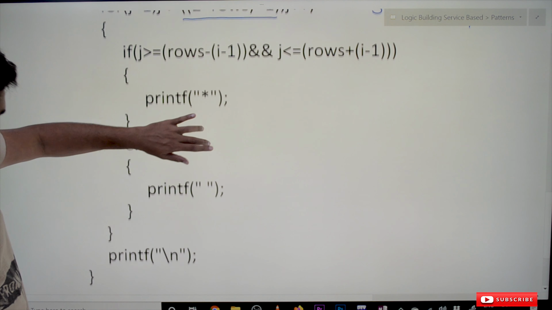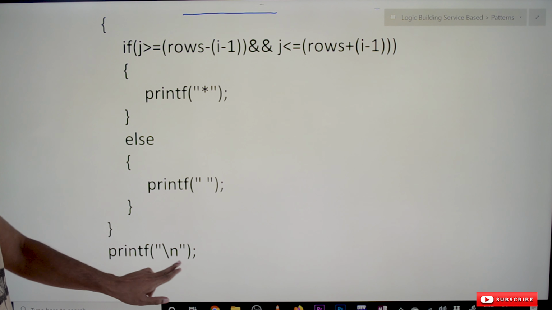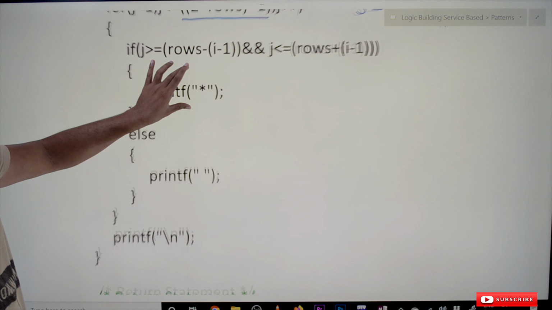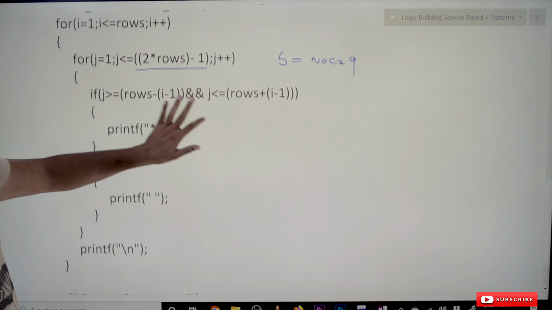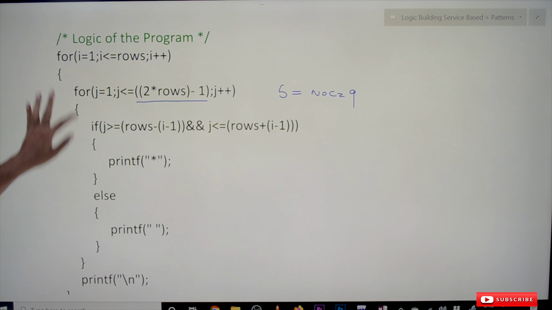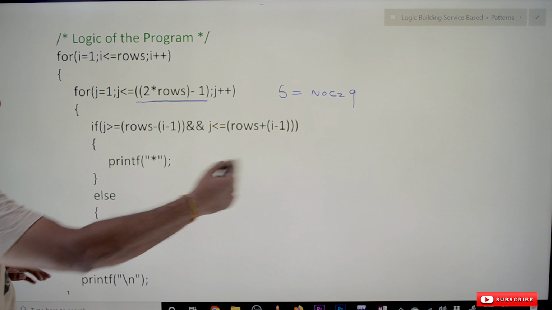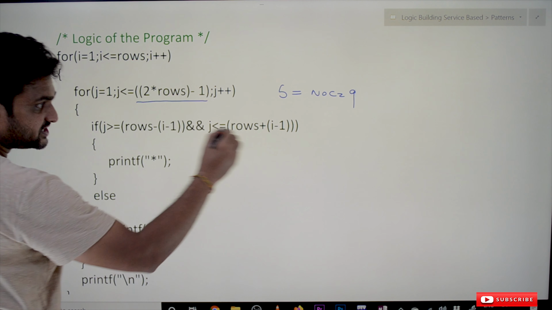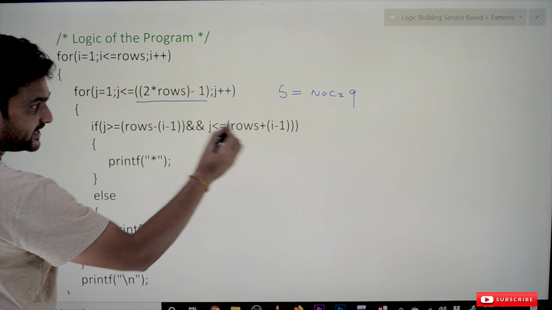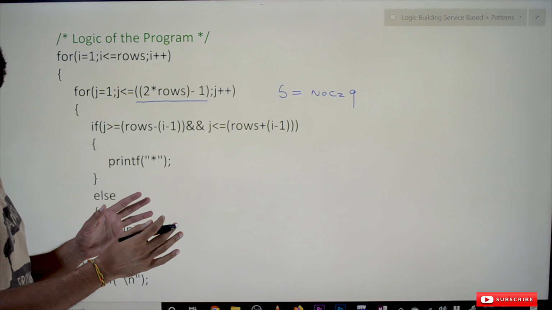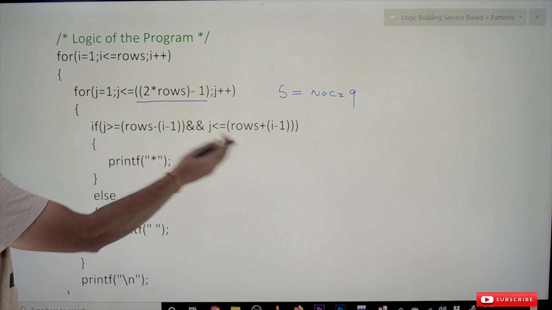After this, see here, this is going to count with the print new line, the number of rows, and this inner for loop is going to print the columns. The logic is within these two start and end formulations. The same formula has been written.